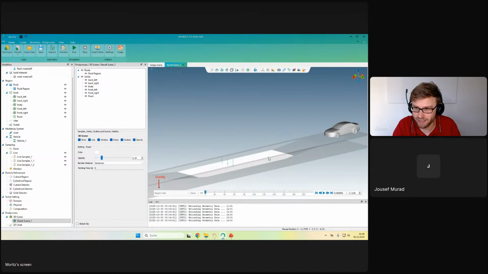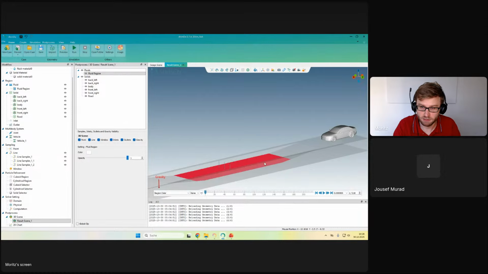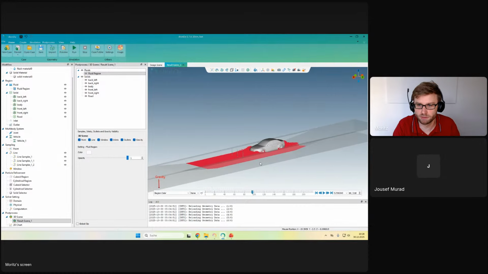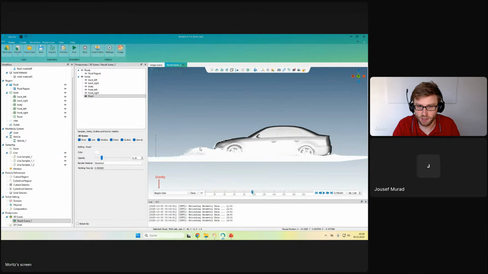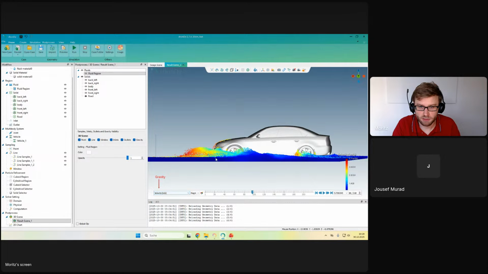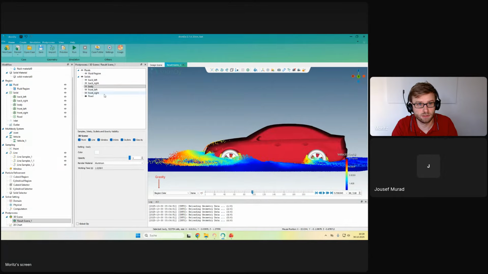Okay, back to the results. As we can see here now, we have fluid in the channel at the start of the simulation, and then we can directly jump into the middle of the simulation. We can hide it. So we see now the bow wave introduced by the car. We can choose the velocity profile. As I said before, we are interested in the coverage rate on the car, so we can choose the coverage rate